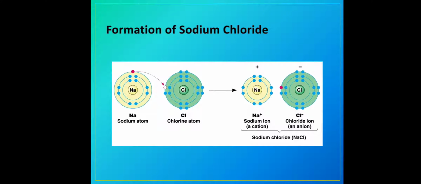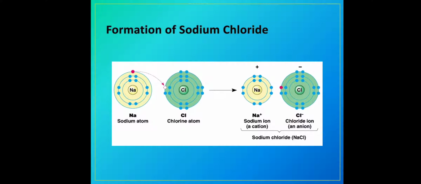Formation of sodium chloride. So let us see how the formation of sodium chloride molecule is shown. So the sodium atom loses an electron, the electron that we can see in red color, to the chlorine atom, and both of them form ions. Sodium forms a positive ion. Why does it form a positive ion? Because it has lost an electron, that means it has lost a negative charge. And chlorine forms a negative ion because it has added an electron, it has added a negative charge, and hence it forms a